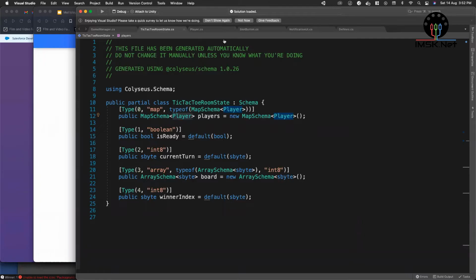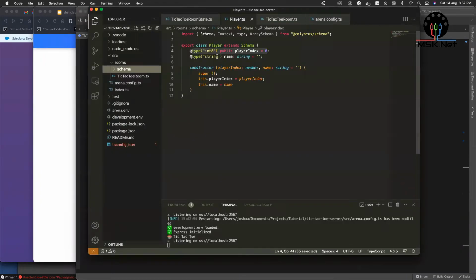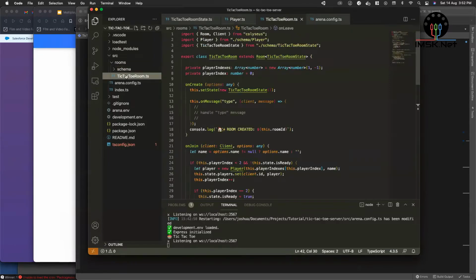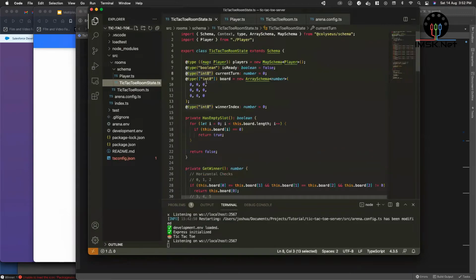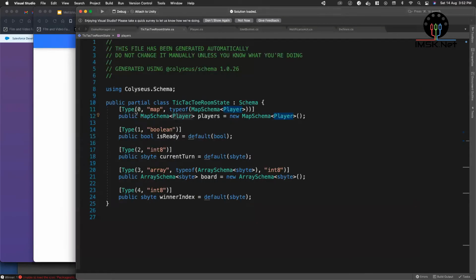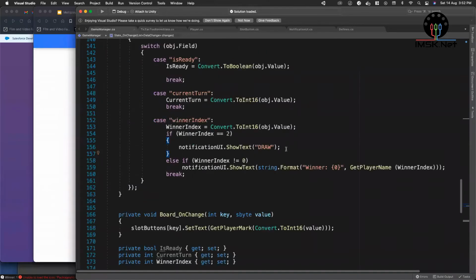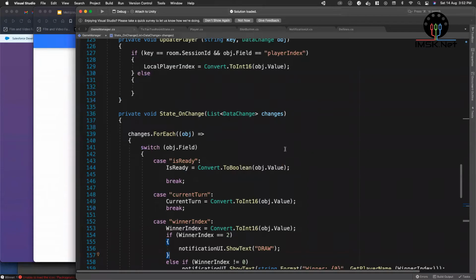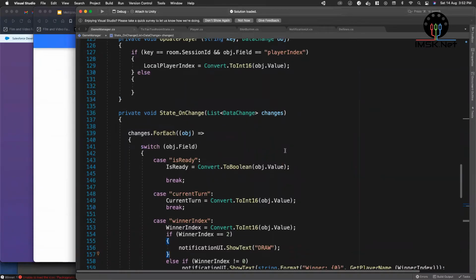So do you guys have an idea what's going on already? What we're basically doing is synchronizing this data, how it looks exactly like this, and how it mutates in the server, and it gets reflected as an object inside the client. So any changes that happen to any of the schema, we can take a look at that and make changes accordingly, right? So in the game manager,